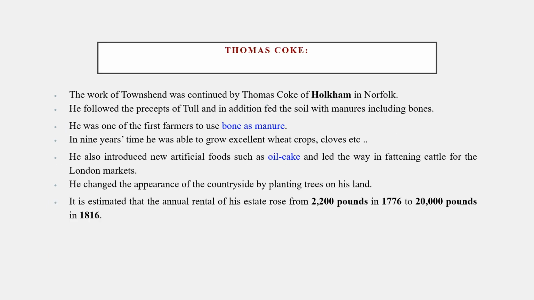And thirdly, we have Thomas Coke. He belongs to Holkham in Norfolk. He introduced bone as the best manure for the land. He followed the precepts of Tull, and in addition he fed the soil with manures including bones. In 9 years he was able to grow excellent wheat crops, and by means of clovers and other fruits was able to make his land carry 3 times as many sheep and cattle as it had ever done